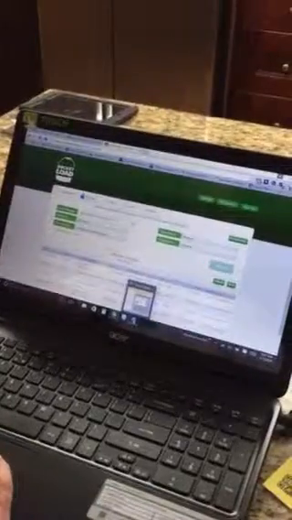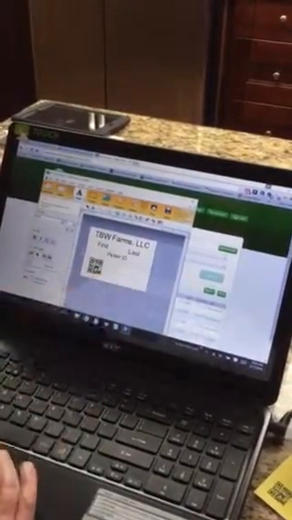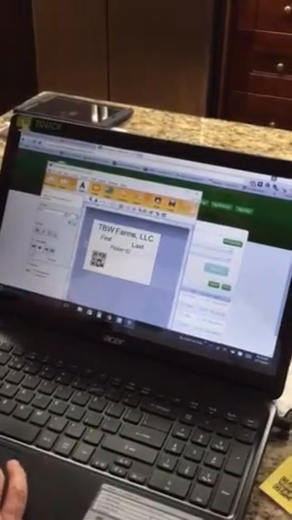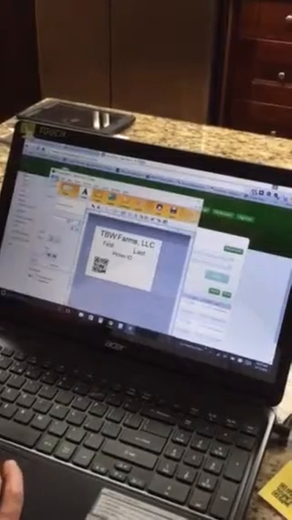Back over here to Ptouch. All right, here's my label I've been working with. Now what I want to do is merge this. So I want to go to, give me just a second to find it,